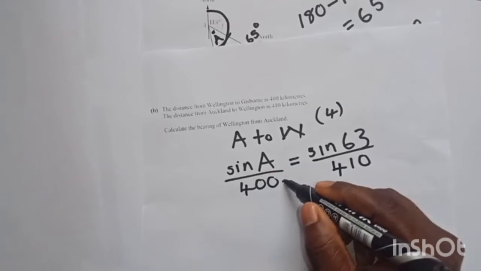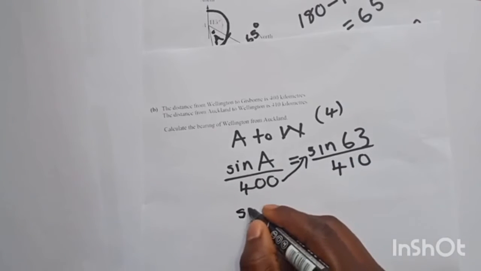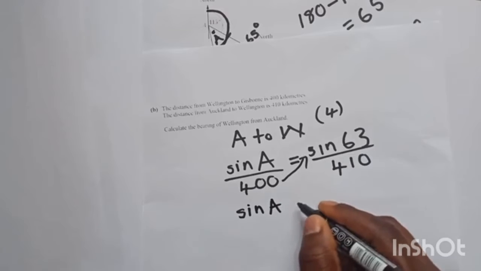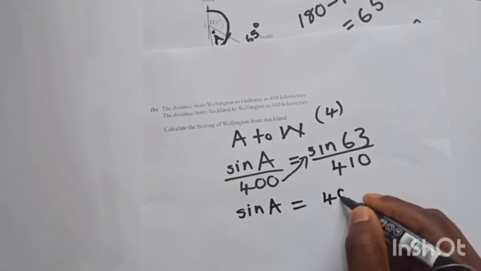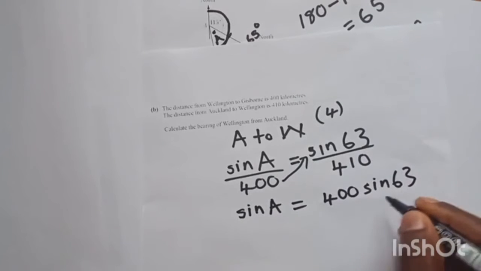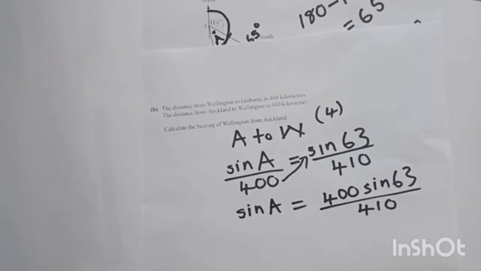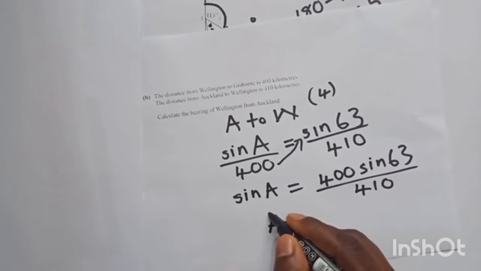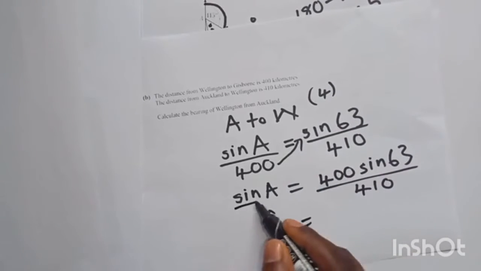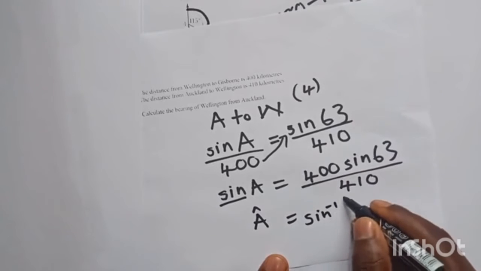Apply the skill of cross multiplication. 400 will then multiply sine 63. So on your left side, you'll be left with sine A is equal to 400 sine 63 divided by 410. To make A the subject of the formula, you need to get rid of this sine by introducing arc sine on your right side. So A is equal to arc sine, open bracket,